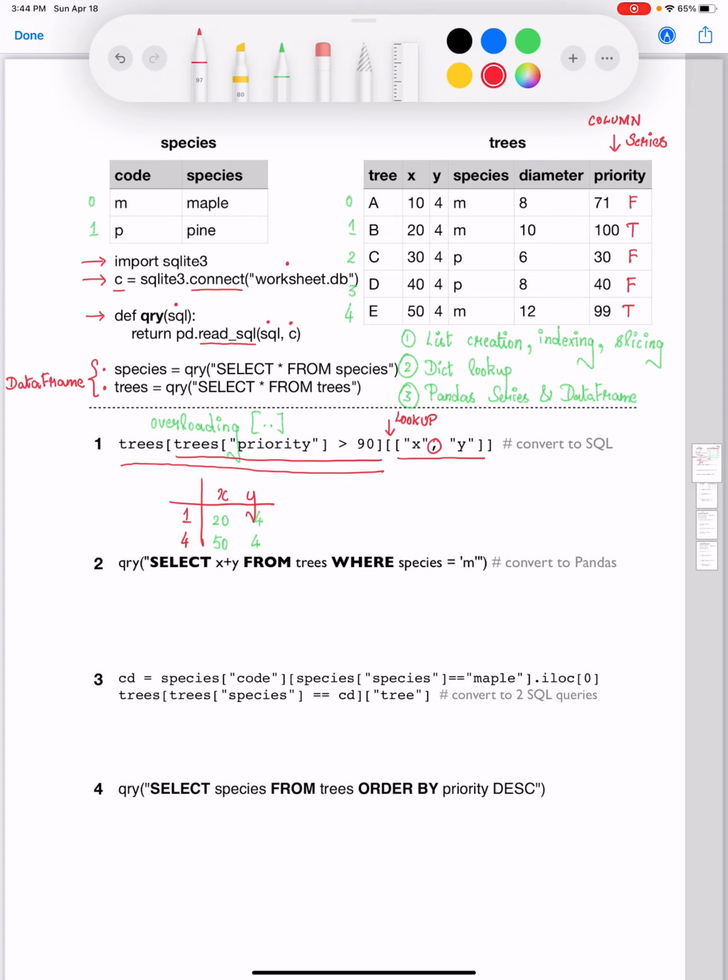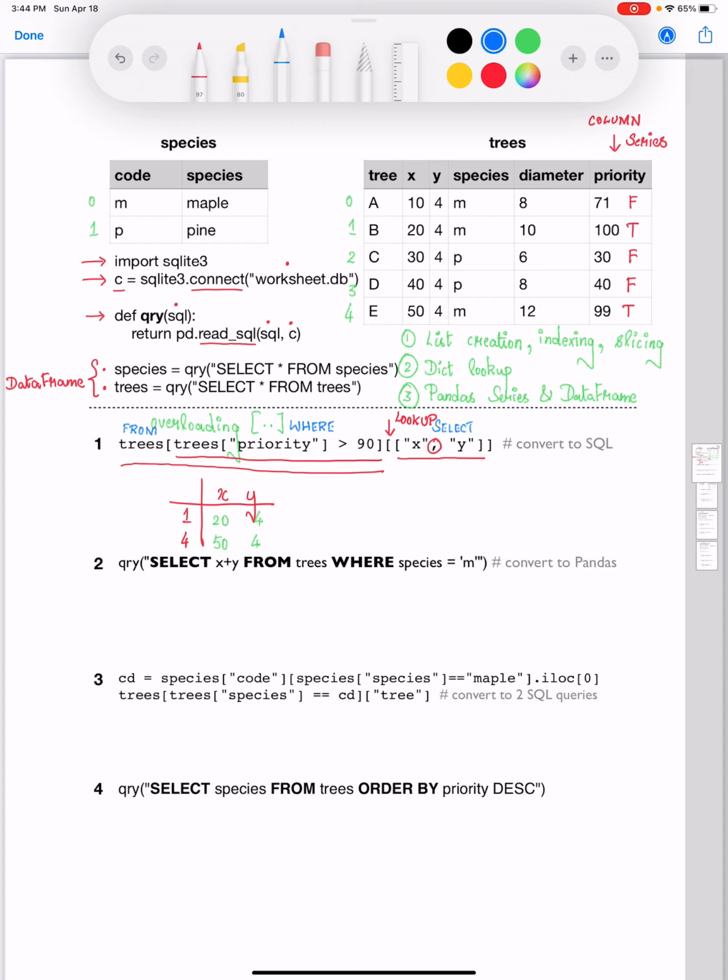and 4 here. The last part of this question asks you to convert this particular lookup operation into a SQL query. Let's compare and contrast data frame lookup with SQL. You can think of trees here to be equivalent to the from clause within SQL. You can consider this entire Boolean expression to be part of the where clause within the SQL query, and you can consider the lookup process to be equivalent to the select clause over here.